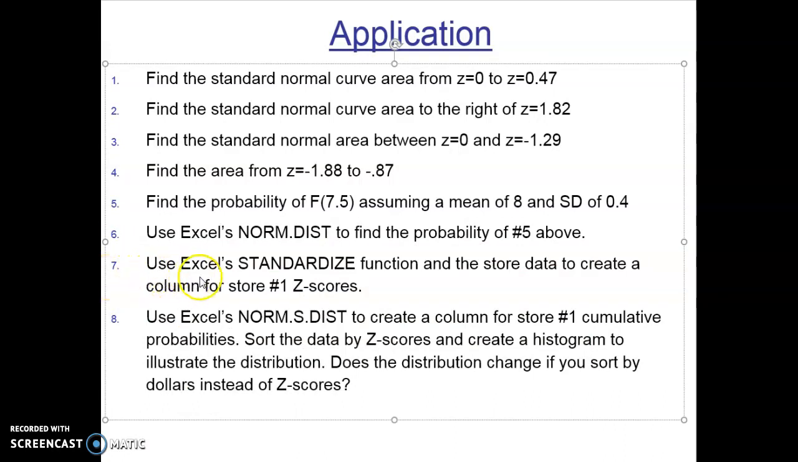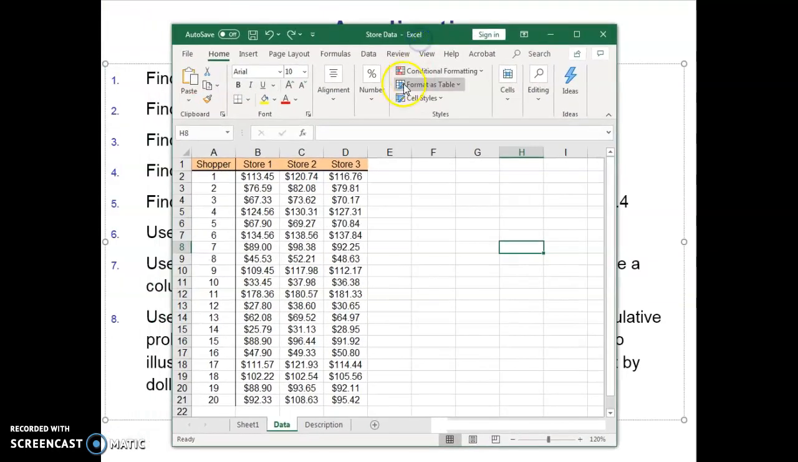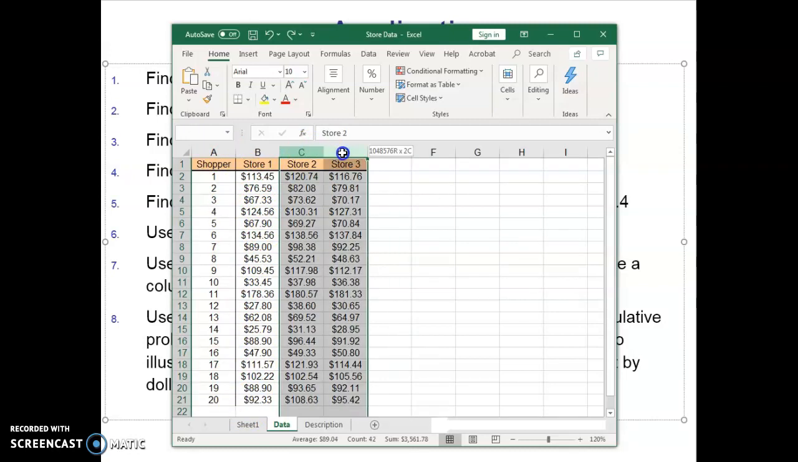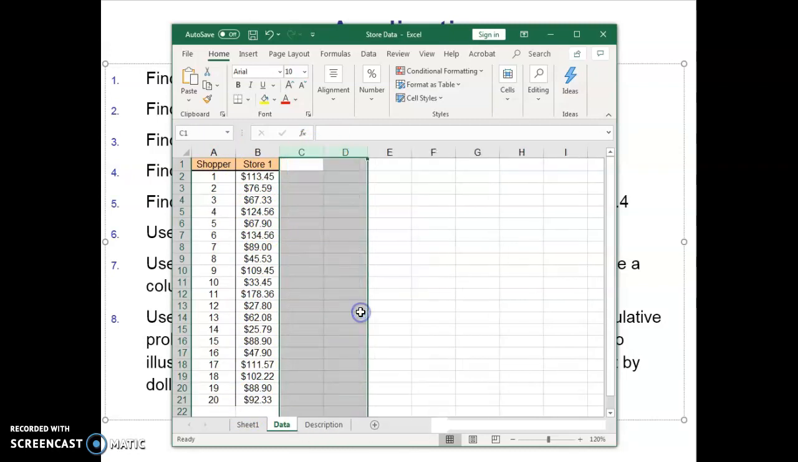This one says use Excel's STANDARDIZE function and the store data to create a column for store number 1 z-scores. So I've pulled my data here from the Blackboard link, and if you recall, we've used this data before. We've got shoppers and then the amount each shopper spent. Now we don't need store 2 and 3, so I'm going to go ahead and delete that. We're going to create a column for z-scores,